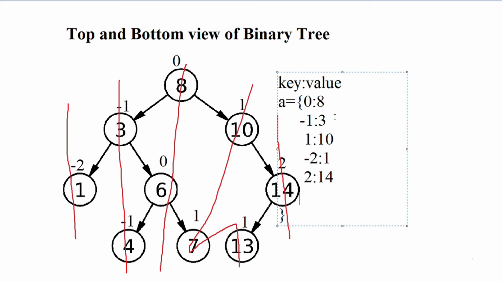And now what about the bottom view? You only need to change one thing for bottom view, only one line, and that will do the trick. I was saying a line again and again: if it is not present in that dictionary, only then add it, right? So now I'll say, remove that line. It doesn't matter whether it is present or not, just insert that.